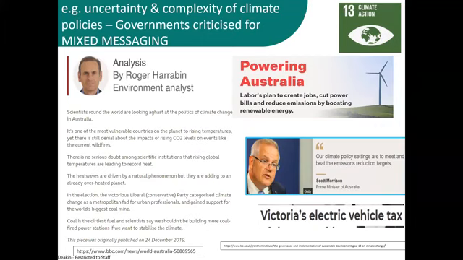While some governments are trying to support consumers moving towards cleaner transport, like electric vehicles, the Victorian government has an electric vehicle tax. So there can be some conflict amongst the policies and even amongst some governments, and there can be some over-regulation just as much as under-regulation in these sorts of matters. But the point is that this kind of regulation impacts certainty and the complexity of the environment, and therefore the decisions that managers need to make as a result.